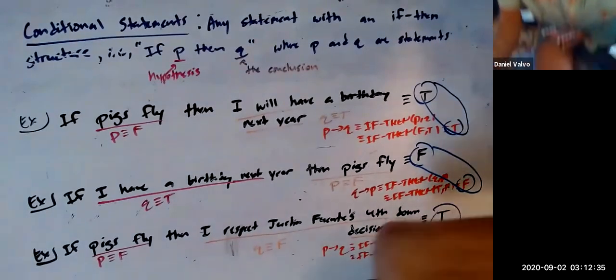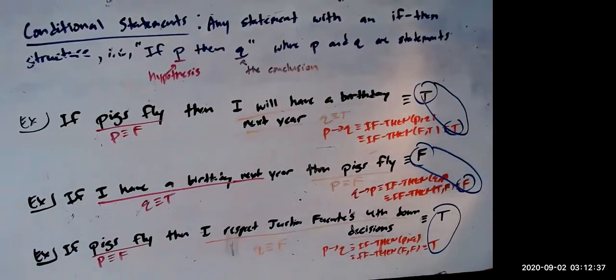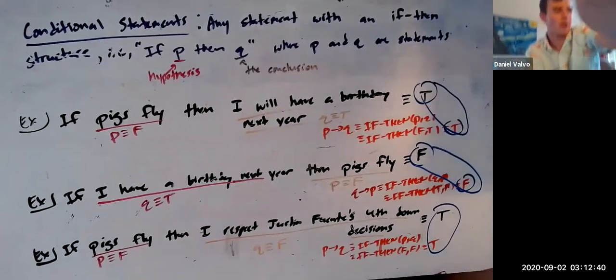What time is it, by the way? I have a clock in here. 3:12. Oh, perfect. Nice. Oh, we were right on schedule. So,